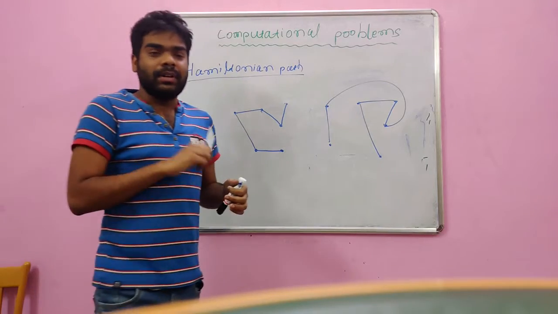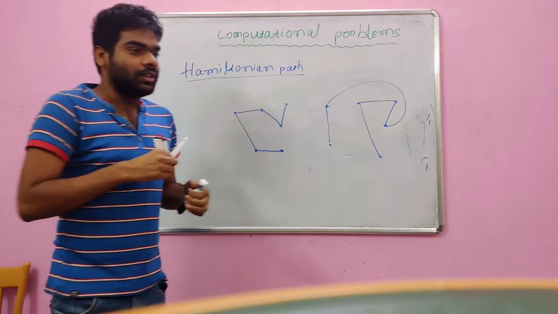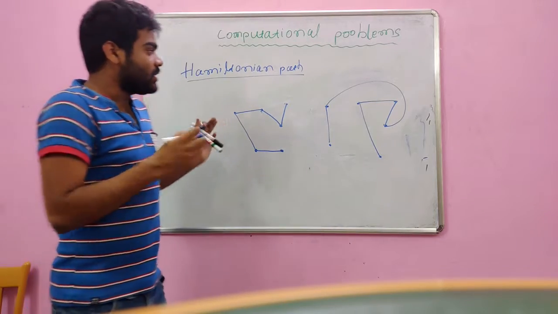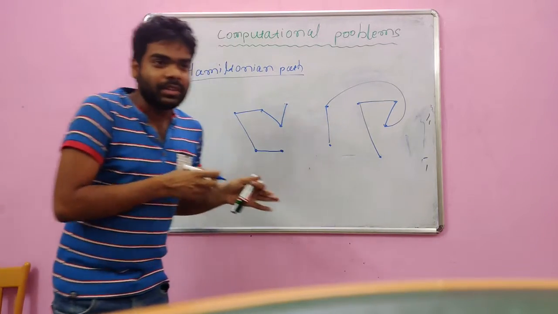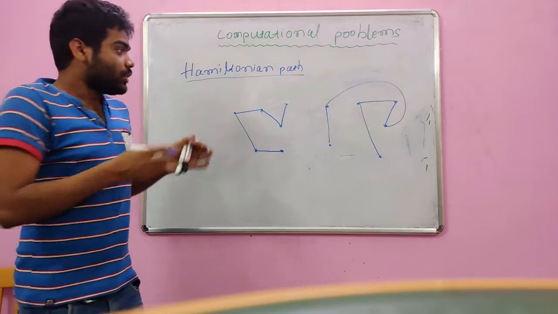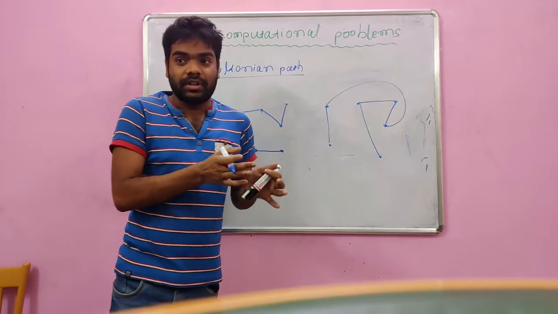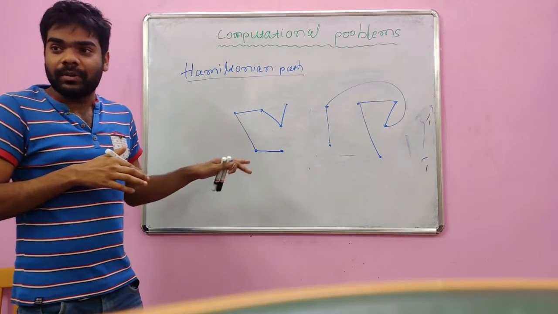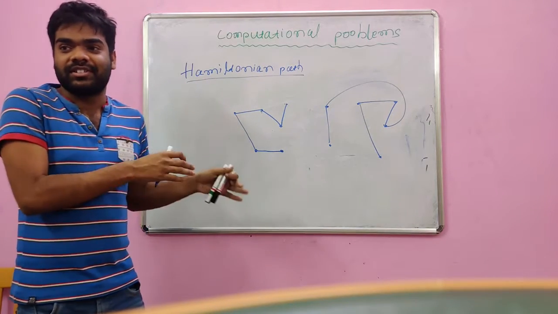In a previous lecture, I explained something about the NP class problem. So this is something like that. To solve this problem, it takes exponential amounts of time. So we have to convert this into polynomial time, but it is not possible to convert this type of problem into polynomial. So you have to verify the result.